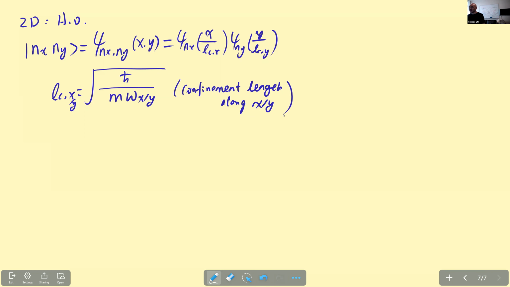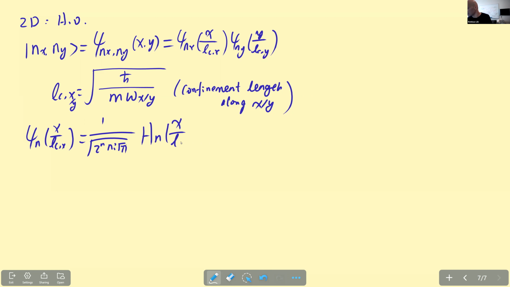Okay, right? And all of this normalization, for example, is just equal to 1 over the square root of 2 to the m, m factorial, square root of pi. I actually don't need to remember all these coefficients, okay? And then H_m(x over l_x) and e to the minus x squared over 2 l_x squared, right? And similarly, you can have the same thing for the y direction, okay? Right. So the important thing is that now we have